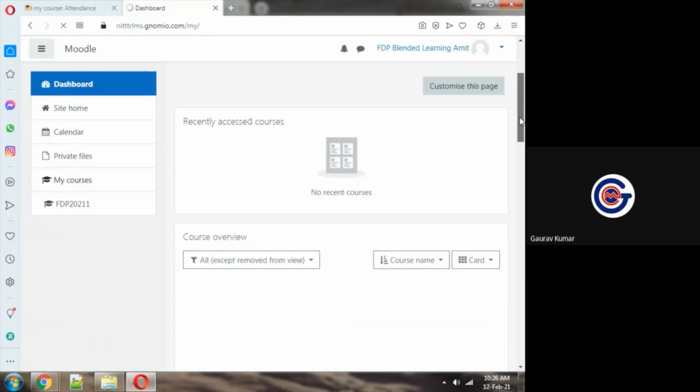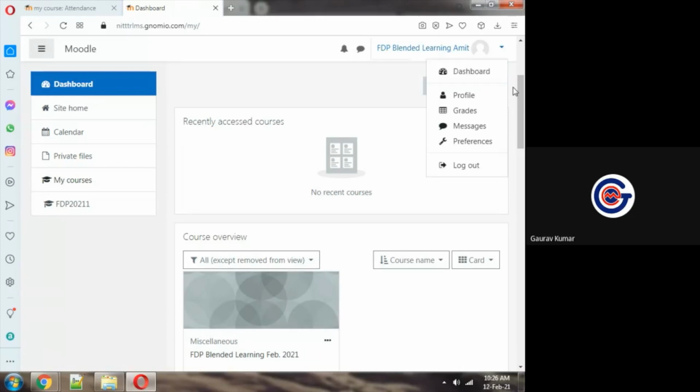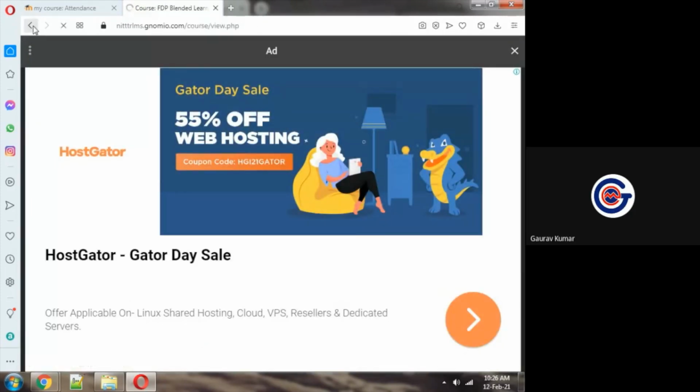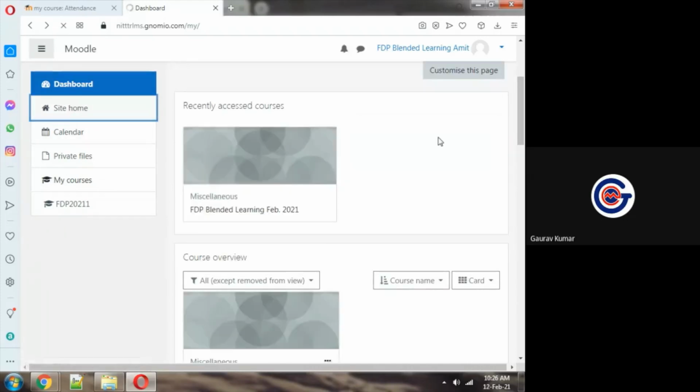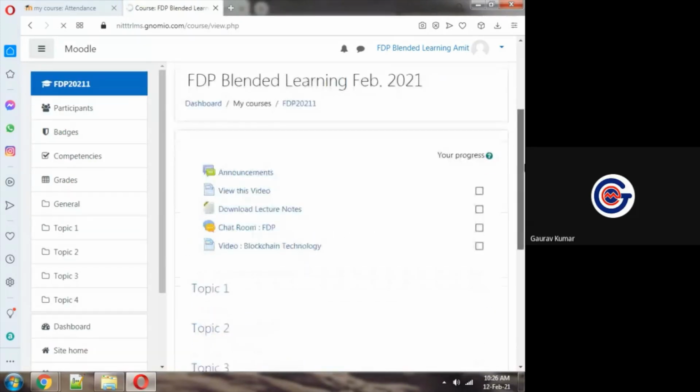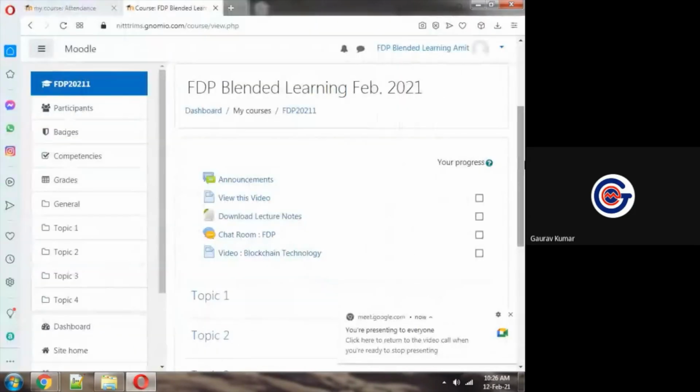Okay, now you can see this on Opera web browser. I'm a student, and you can see at top right, my name is Amit. This is the FDP blended learning course, and I am registered in this course as a student. On click of this course, is this visible to all participants? Yes, sir. I have logged in as a student in Opera browser so that I can log in as a student. And you can see in the student dashboard, in the student panel,